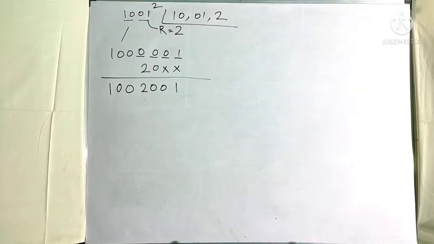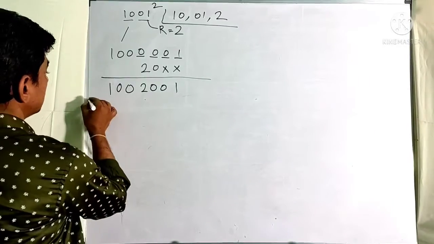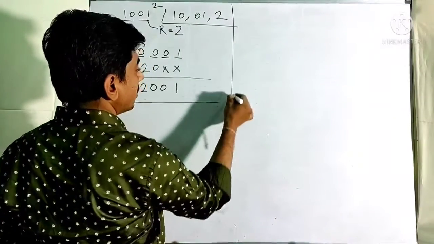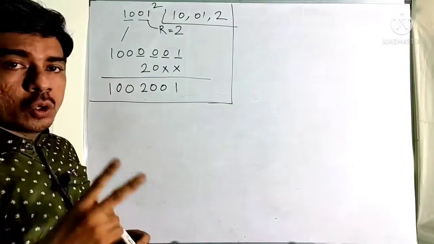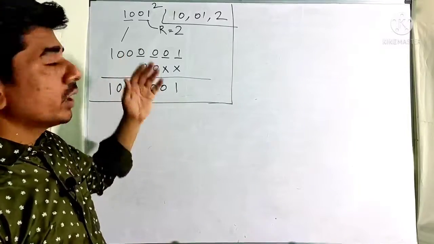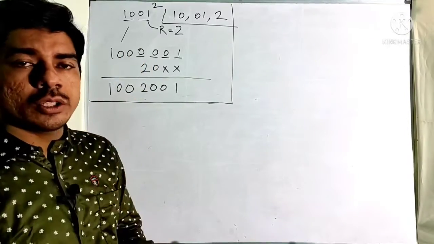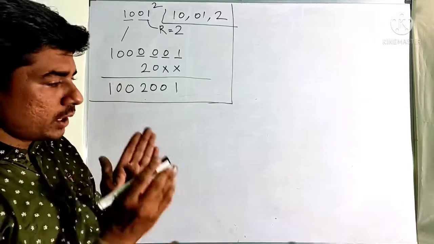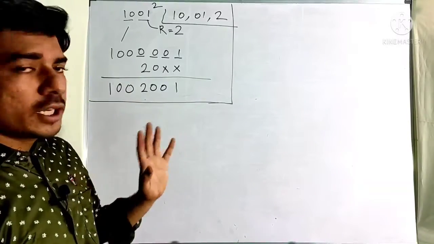Hope you understood the method. In case of 3-digit numbers, you had 2 different methods or 2 different ways to solve this. But in case of 4 digits or in case of 2 digits, you will have only one method, that is splitting it into exact half. That is more preferable.